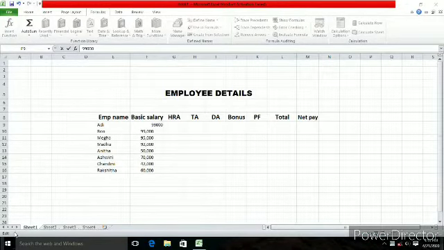Hello everyone. Today we'll learn what is MS Excel and also know the steps to calculate net pay using MS Excel. MS Excel is a spreadsheet program which is developed by Microsoft where you can work with n number of functions, formulas. You can create graphical charts, pivot charts, tables. You can also perform data analysis, sorting and filtering techniques can be applied here.